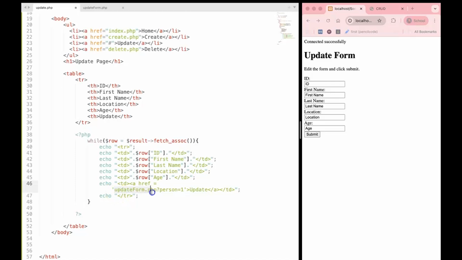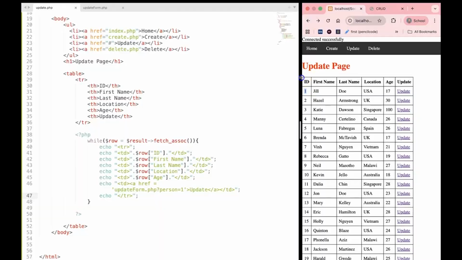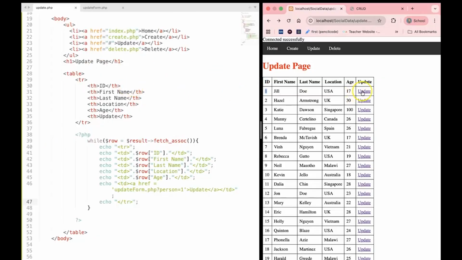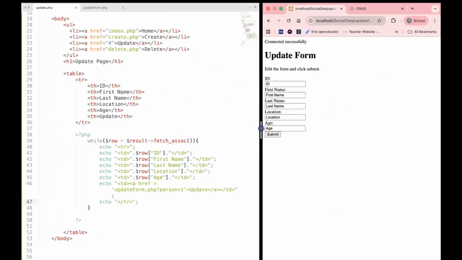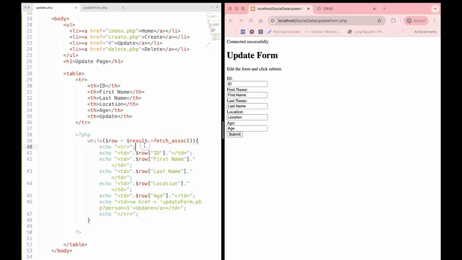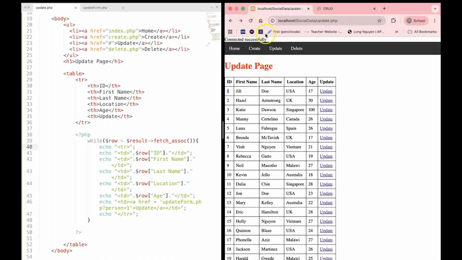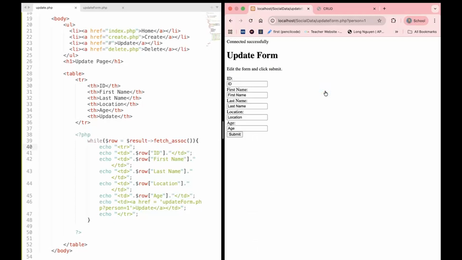So we're going to call the web page, and we're going to send it some data in a variable called person. Okay, now let's save that. Let's go back to my update page, which is this page here, and let's click update. Look what happens. Well, I'm just going to save that again, Command S, and refresh. Whoop. Let's go to refresh, sorry, and then update. Yes, that's what we want. Can you see that when we loaded the page, we also sent it a variable called person with some data